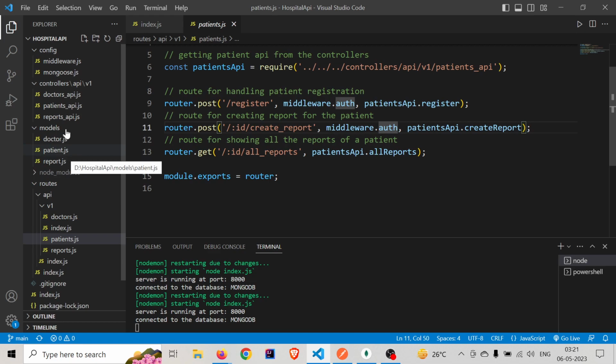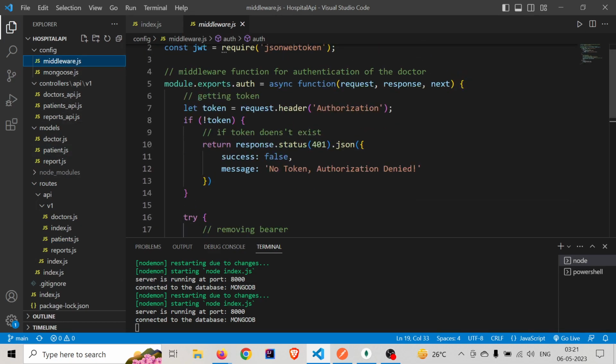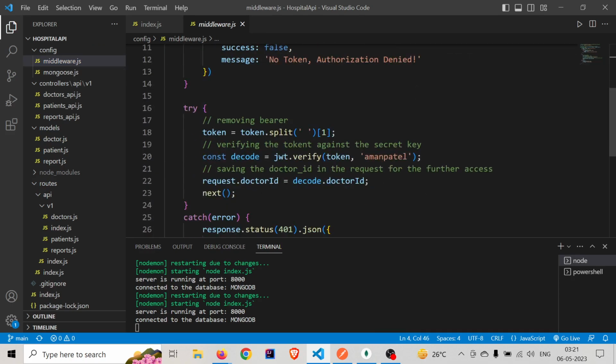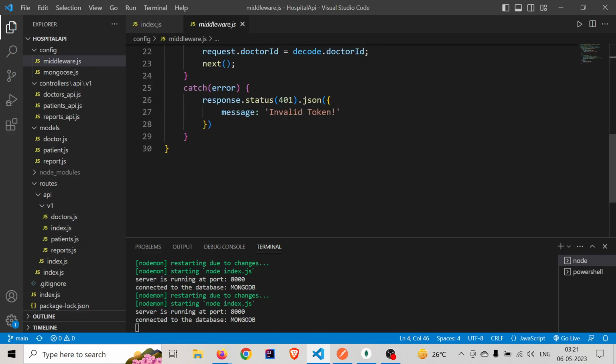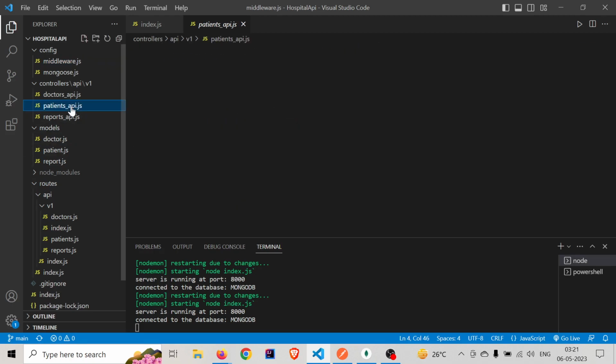Let's go to the middleware also and look at it quickly. This is the auth function that is responsible for authenticating, basically verifying the token. That was provided. Let's go back to the patients API.